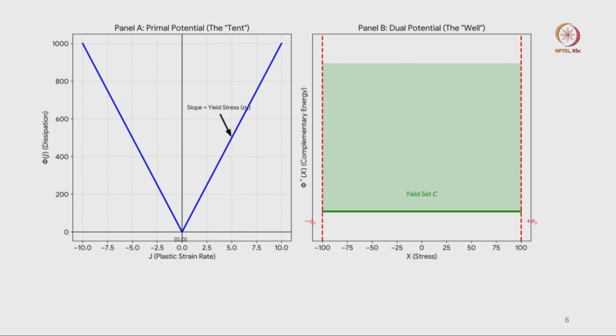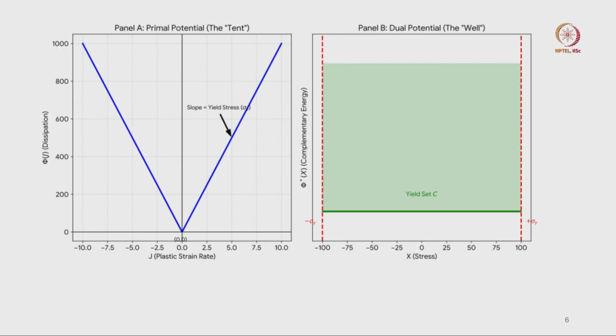Now, you see a typical visual representation of this here. I can only show you the representation in a 2D plane, because more than that is not possible. You have to imagine it in higher dimensions. So, phi j is given by this tent-like or inverted tent-like function, and you can see that if you take the derivative of phi j,